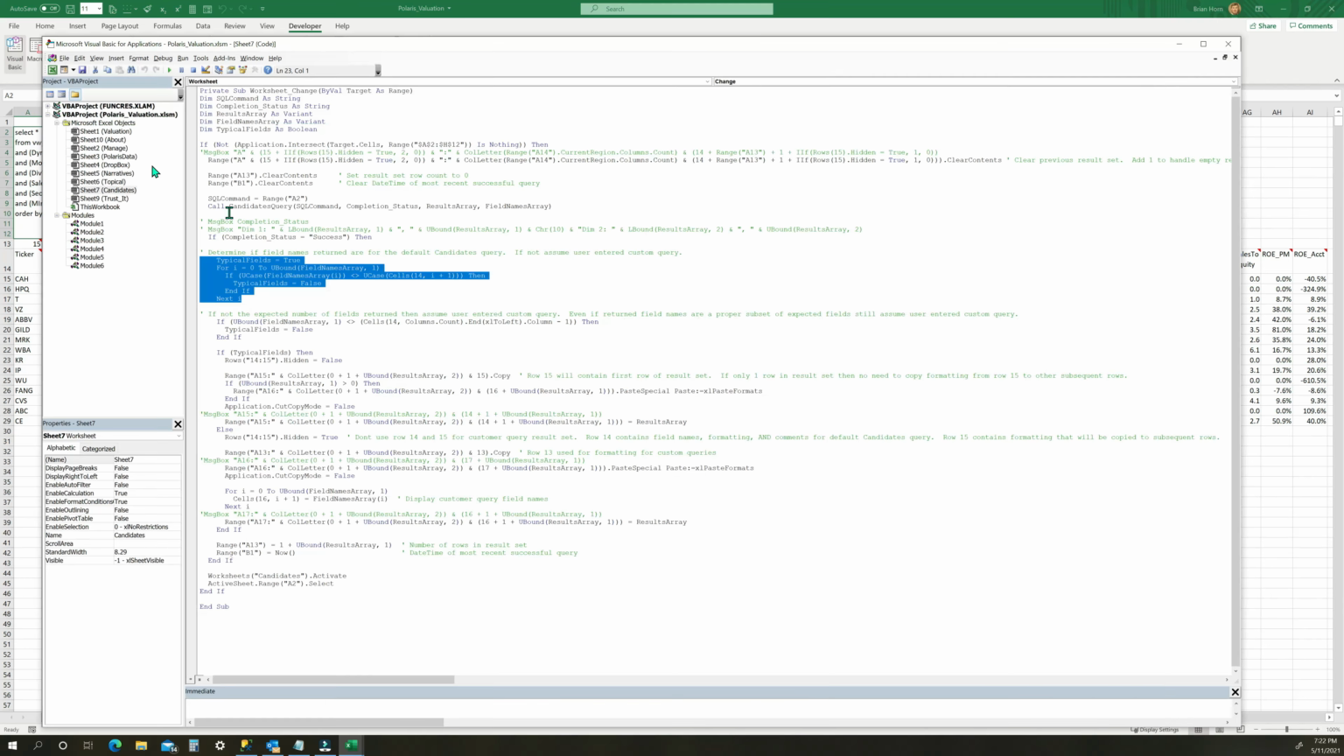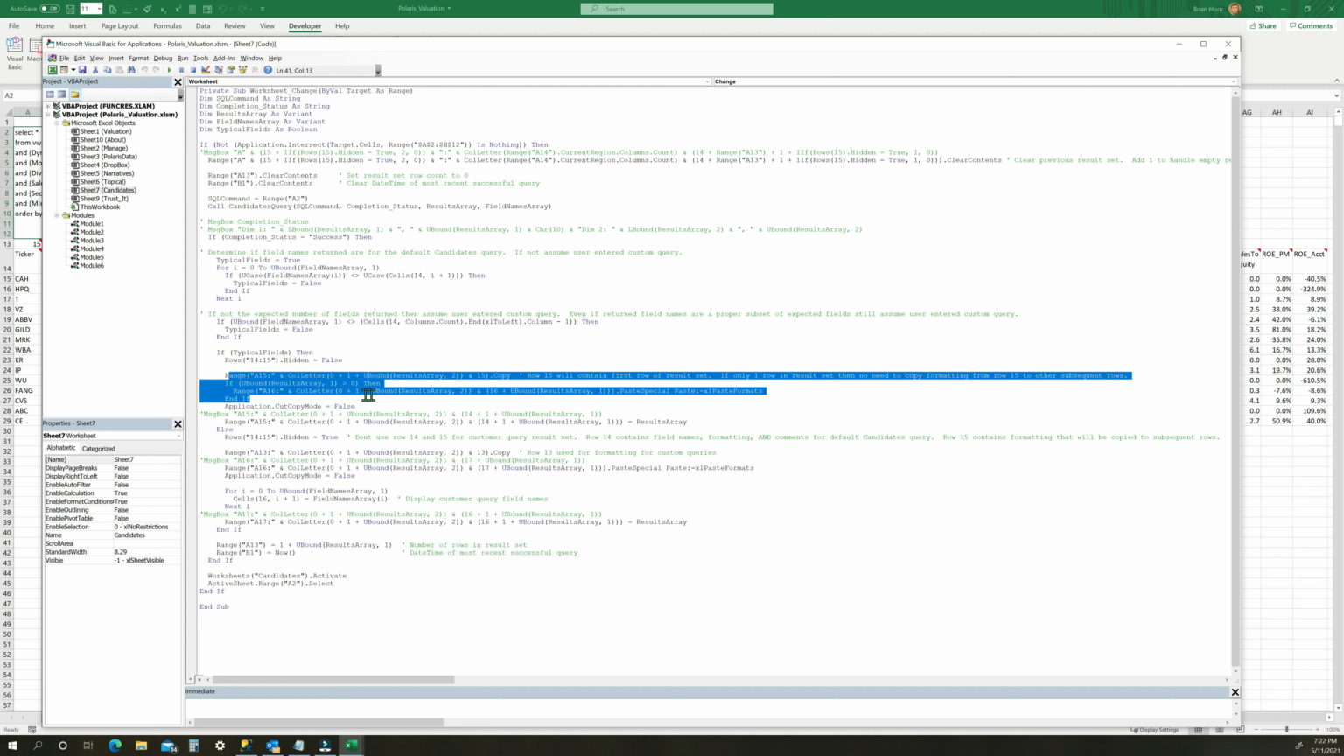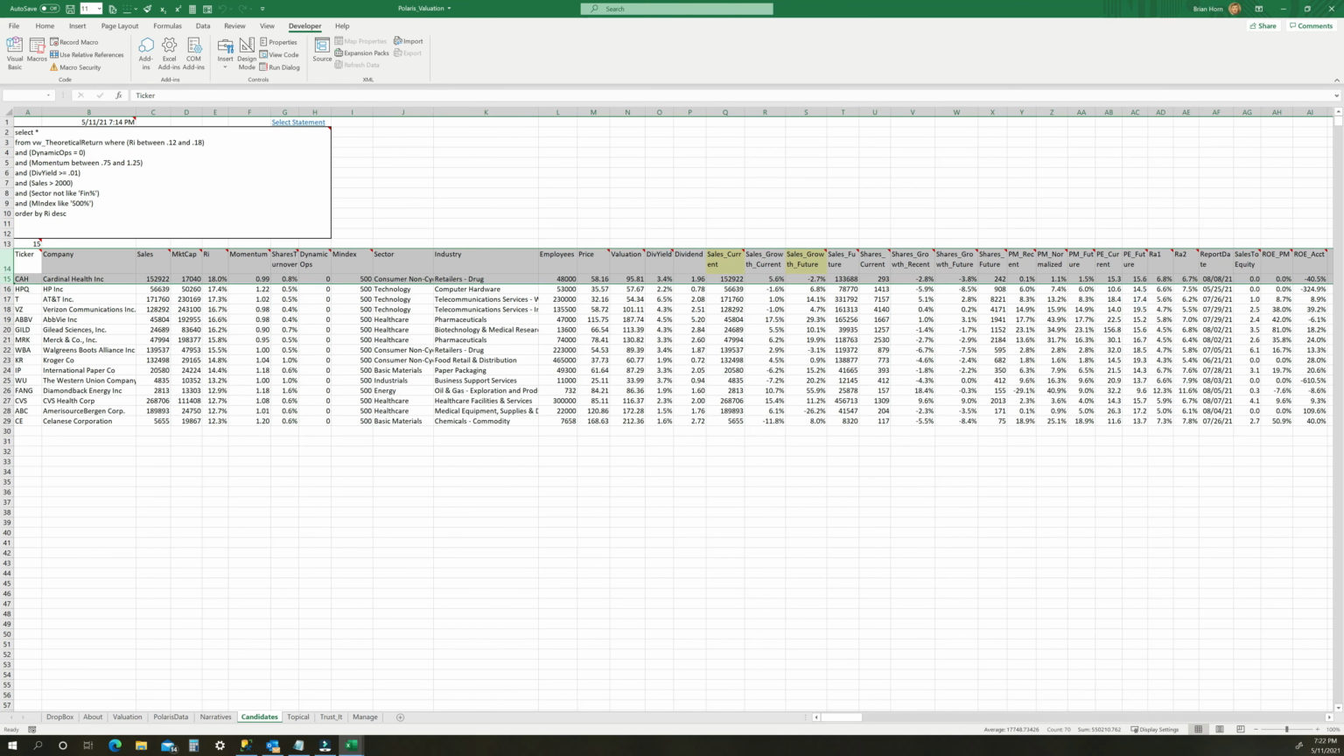So it checks to see if it's the default query result set or not, and it does that by looping through and checking for the field names in the exact order expected for the default query result set. Based on that, if it is the typical fields for the default query, it'll then determine exactly where to put the result set. If it's not the standard query, it will then hide row 14 and 15 and then